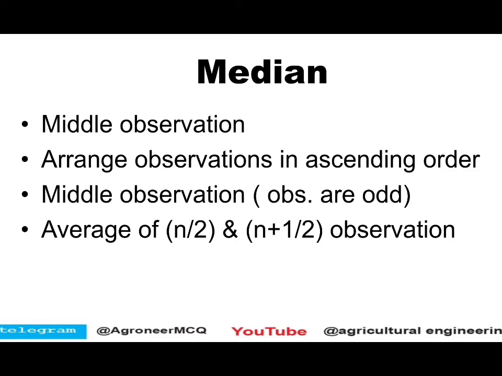Then you have to arrange in the same way in ascending order. If you have 10 observations, then 10 by 2 means the fifth term and sixth term, you have to find the average of the fifth and sixth terms, means sixth term plus fifth term divided by 2, you will get